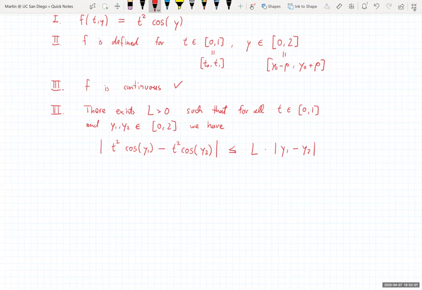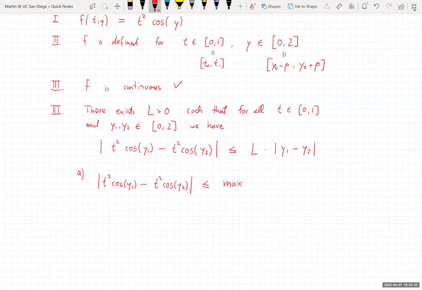So how can I establish such a constant? Well, one possibility, just taken from the previous remark, is that the left-hand side here, the absolute value of t squared cosine of y1 minus t squared cosine of y2, is bounded from above by